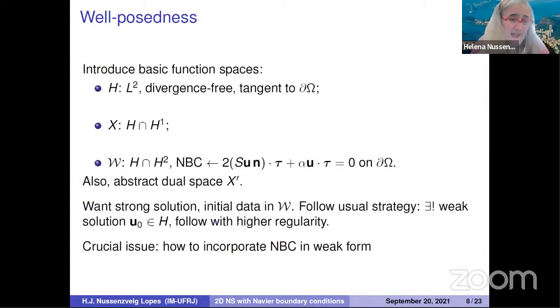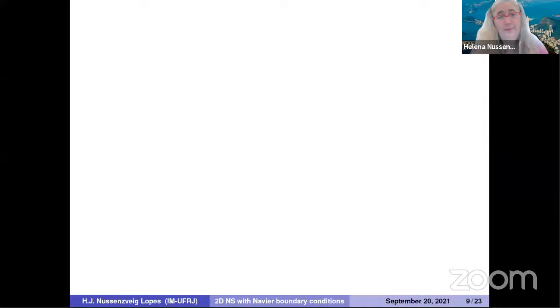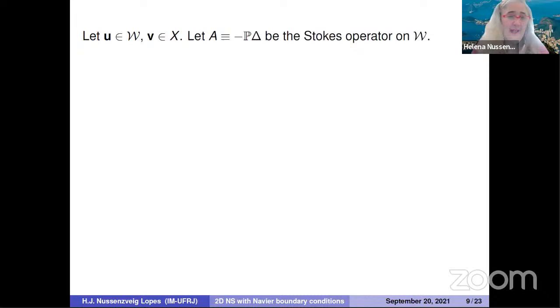Okay, because as I said, you kind of need the trace of the derivative of U. So the first observation that we make, this is basically Jim's doing, is that if U is in W and V is in X, in other words, if U is H2 and satisfies the Navier boundary conditions, and V is only H1 and is tangent to the boundary, then if you look at the Stokes operator on H2, minus the Leray projector times the Laplacian, then you find the following, by integration by parts, the following set of